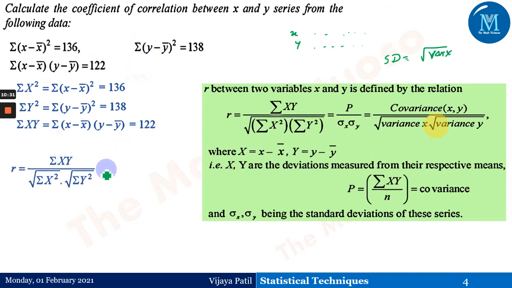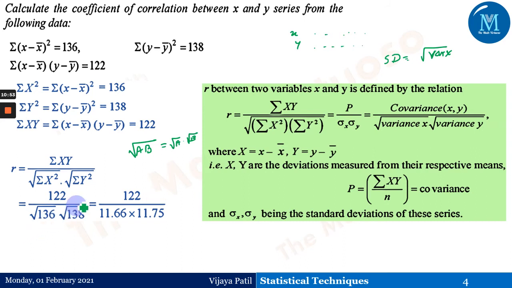And therefore, this is the formula over here that I have written. So it's nothing but the square root of a into b is equal to square root of a into square root of b. The same thing I have used. Sometimes I use square root of summation of x square into square root of summation of y square, and sometimes I use it together in one, just the same thing actually.